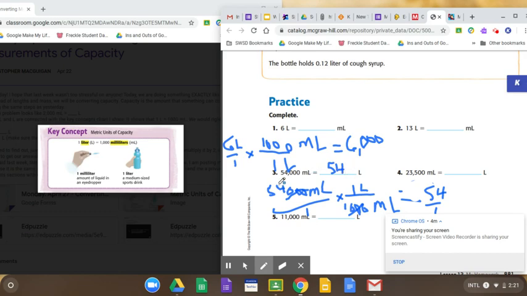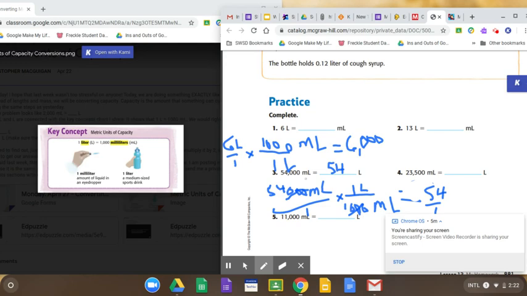So now we want to check it. So if we have 54,000 milliliters, that's 54,000 of these little tiny droplets. We're trying to figure out how many would go into this one bottle. So we're going to compact 1,000 milliliters into one bottle. We're going to figure out how many bottles we can use. And 54 makes sense because if 1,000 goes into one of them, then 54,000 would go into 54 sports bottles